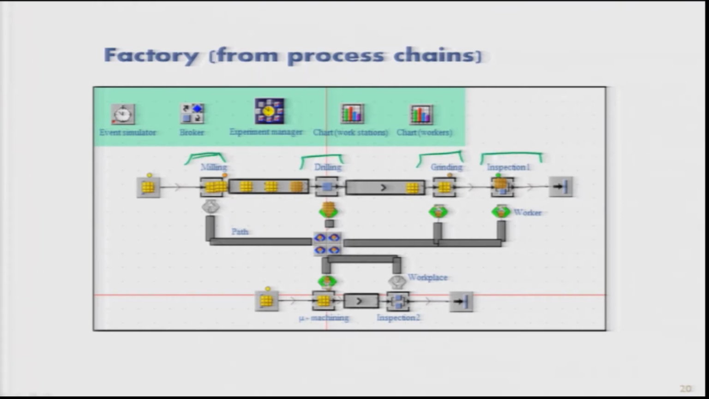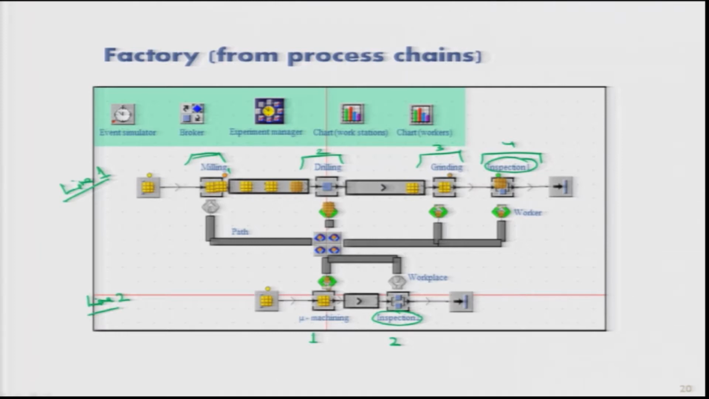So, we chose drilling, milling, drilling and grinding in a sequence. This was termed as line 1 and this is my line 2. Line 1 has 4 processes, line 2 has 2 processes here. And then inspection,